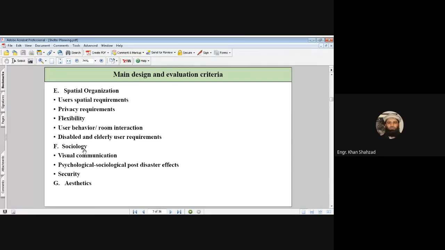This includes visual communication, and also the interaction between the people who are living over there. You can make some community centers for them, or some playgrounds, or some spaces so that the people can talk to each other, have interaction with each other, and develop some trust in each other. Just like the mosque you can use for the men, and you can make some community centers for the women so that they can come closer to each other, talk to each other, and build trust.